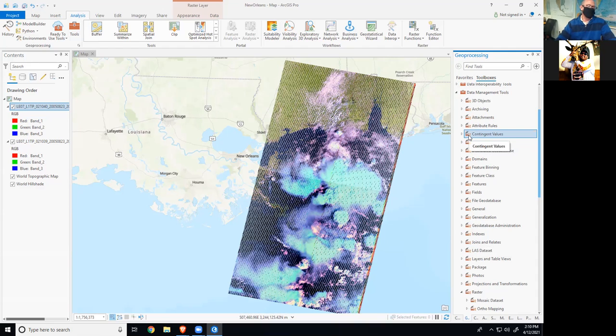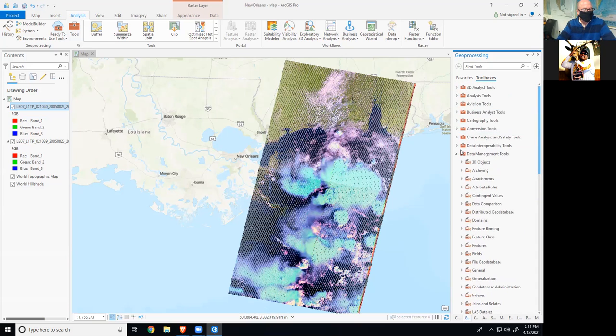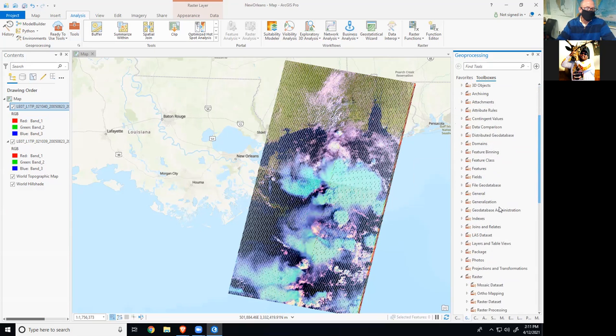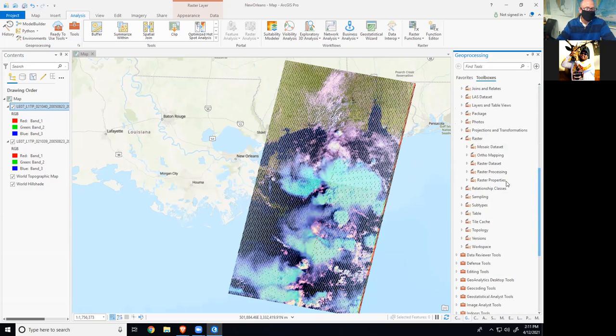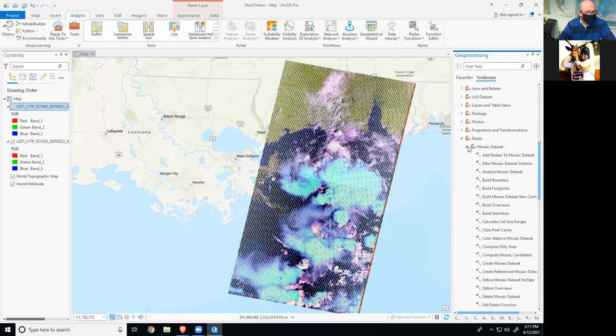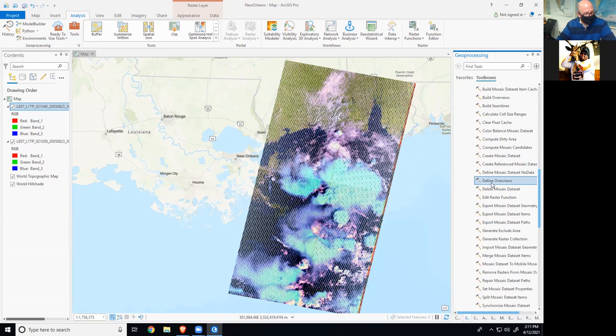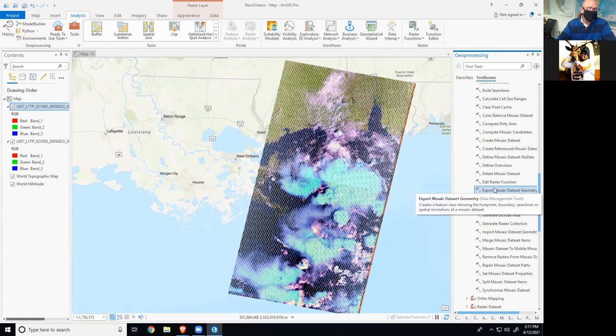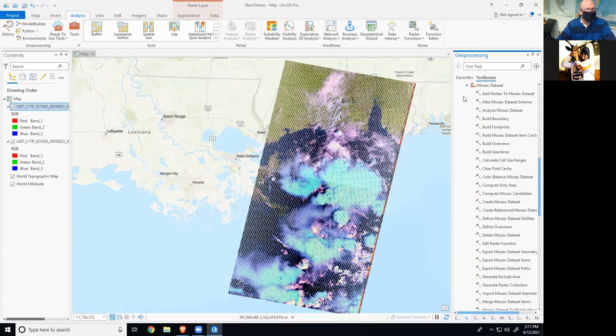Okay, so I want to join these together, right? So I'm going to go to my toolbox, and I'm going to go to Data Management Tools. And I'm going to go to Raster. And then there's some mosaicing tools here. So what a mosaic is, I mean, there's a lot in here. I got to find what I'm looking for. But I don't really want to make a mosaic, but a mosaic is